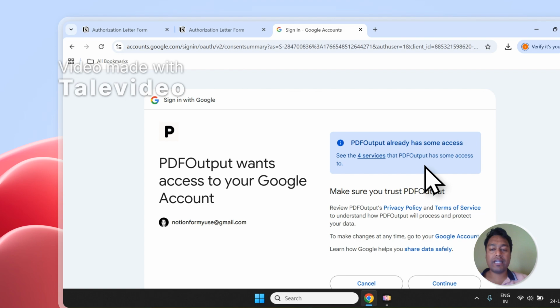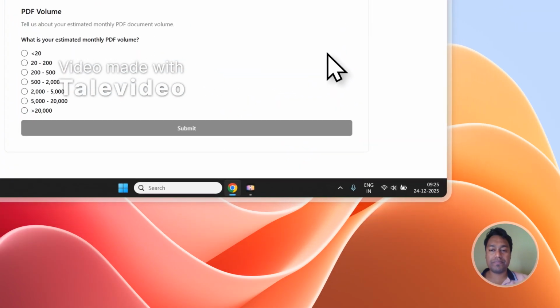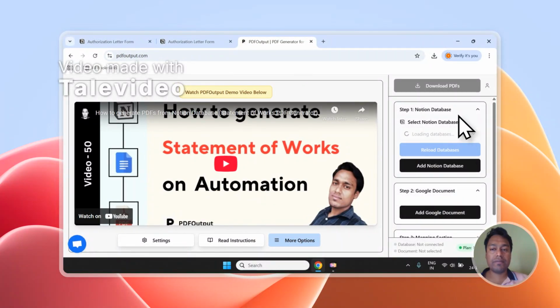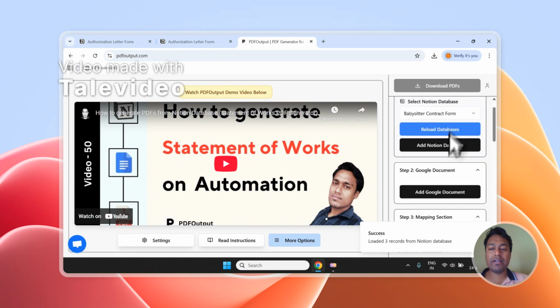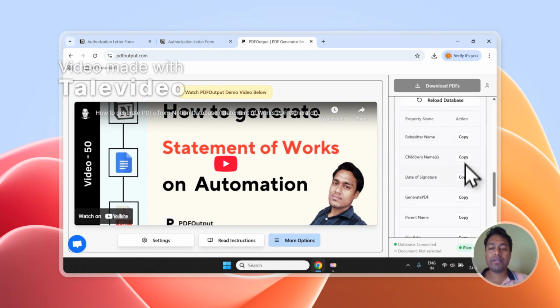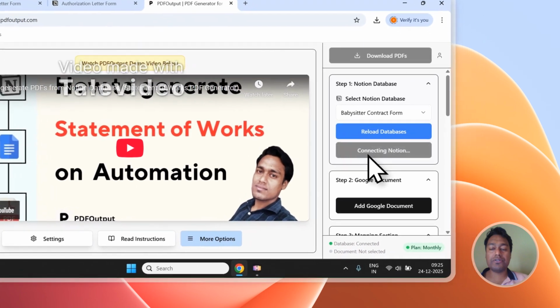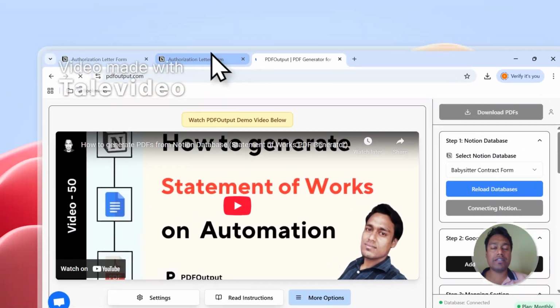So I'm going to quickly sign in and then I will show you how the automation will work out. So the very first thing which we need to do is we need to connect the database to the setup. After the database is added, we need to add a document to the corresponding database. And finally, we need to map every field of the database one by one onto the document to generate the PDF file. So let's click on add Notion database, and this will allow us to add the database on our